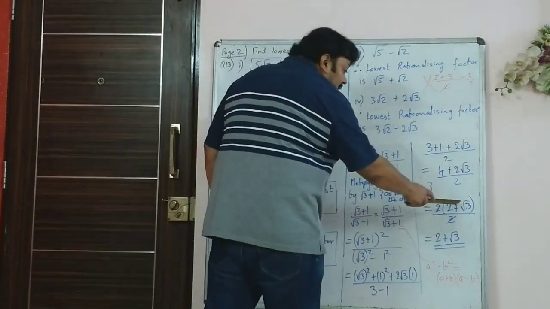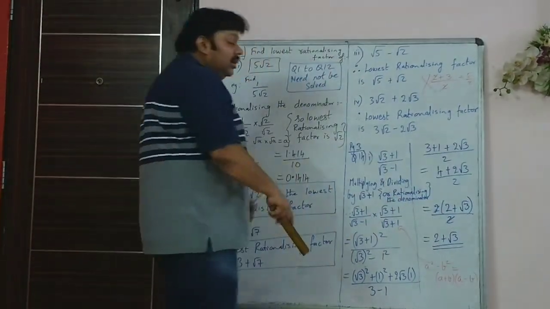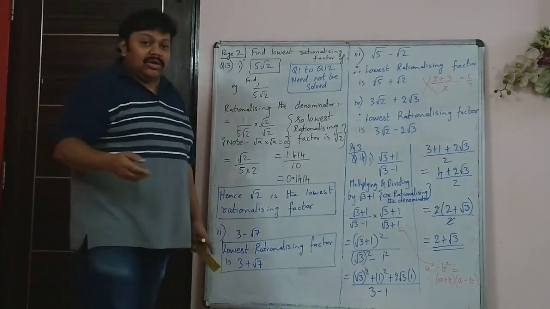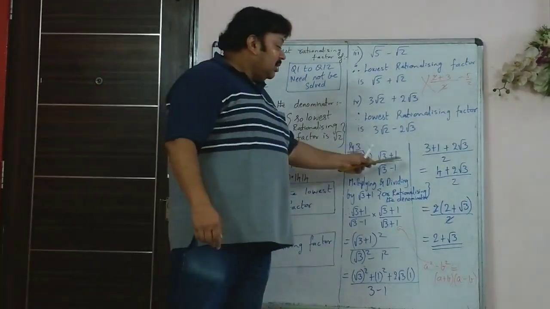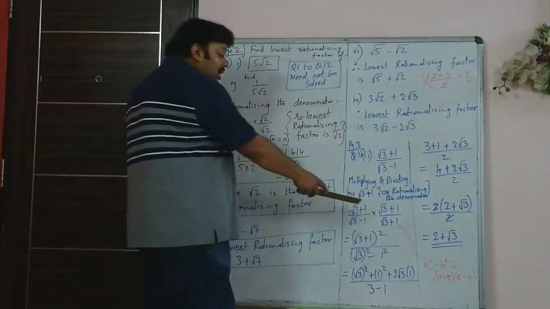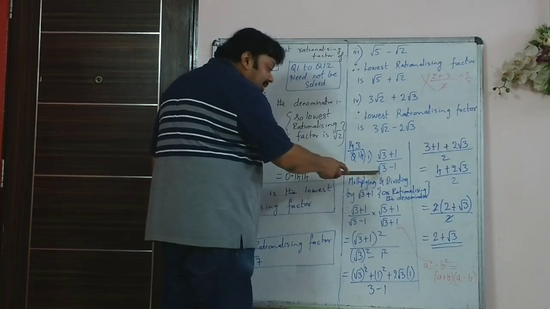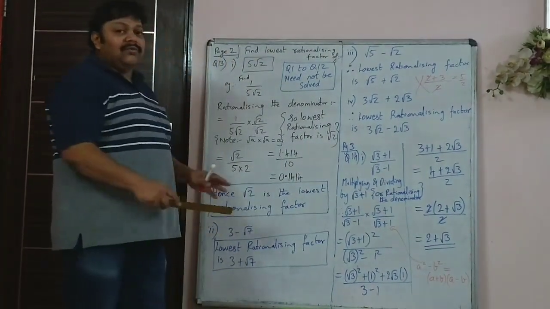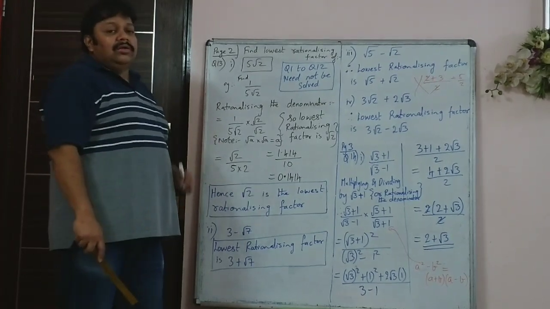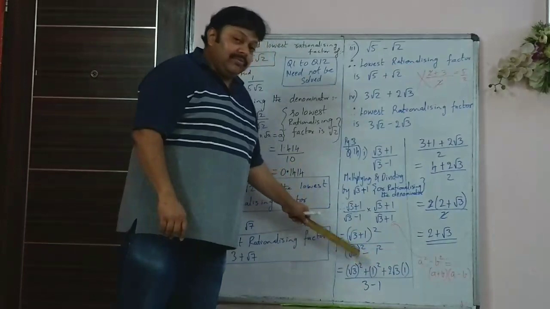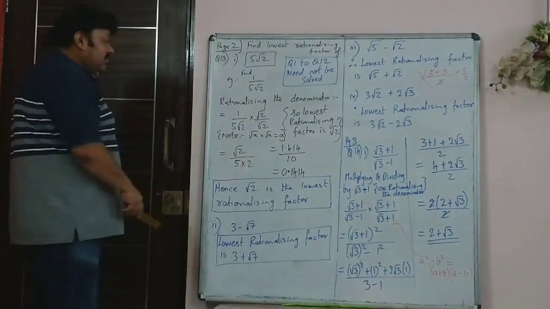So then what is left is 2 plus root 3. The denominator is 1, so even if you don't write the denominator, it's okay. So that means you have rationalized the denominator by multiplying and dividing it with the same denominator but with the opposite sign. So the root has gone from the denominator. That is known as rationalizing the denominator. Now after you do this sum, question 13 becomes simple.